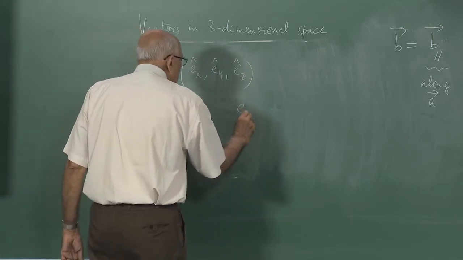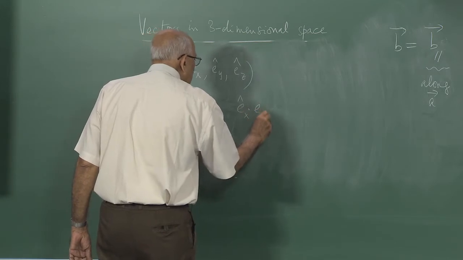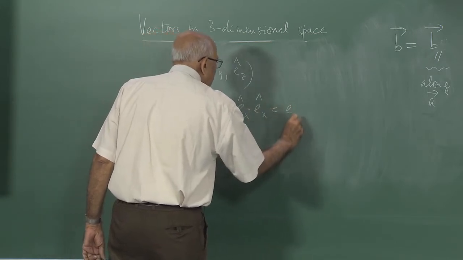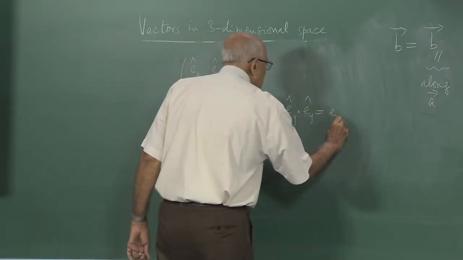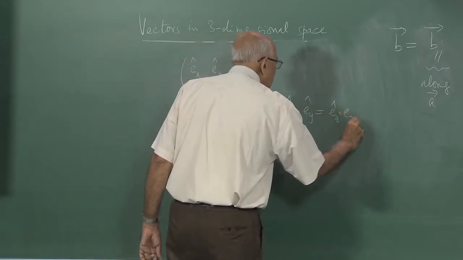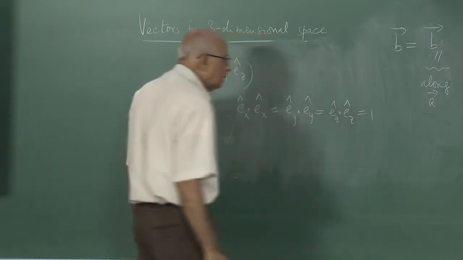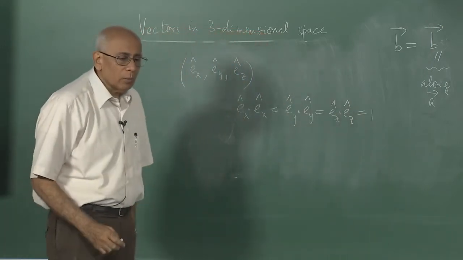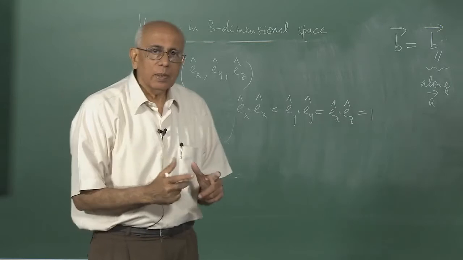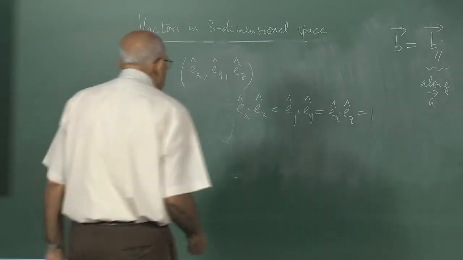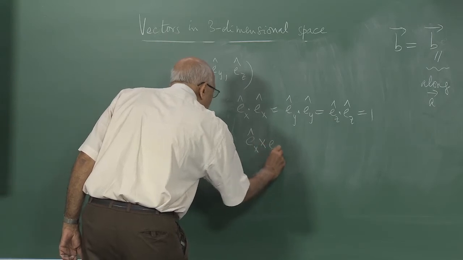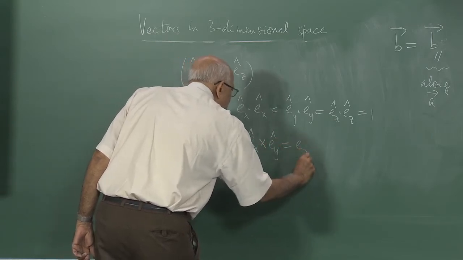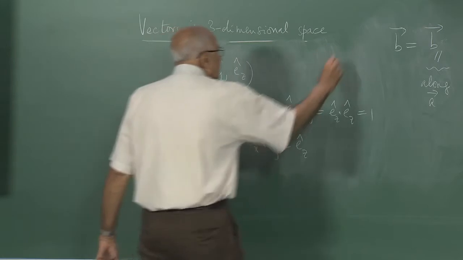satisfied the property Ex dot Ex is equal to Ey dot Ey is equal to Ez dot Ez equal to 1, and moreover they formed what is called a right-handed system of unit vectors, in the sense that Ex cross Ey is equal to Ez, which says that